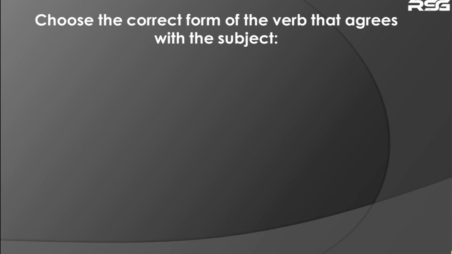Today's exercise is we're going to choose the correct form of the verb that agrees with the subject. So we're going to take up some sentences and then we'll select the correct verb that goes correctly with the subject, or rather that agrees with the subject. Because the lesson is all about subject-verb agreement, the verb that we are going to take up must agree with the subject. Well, the first sentence is: